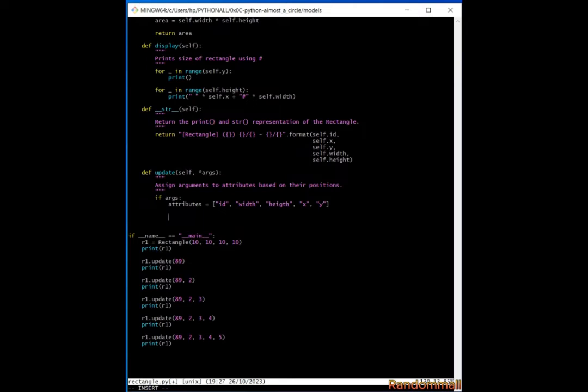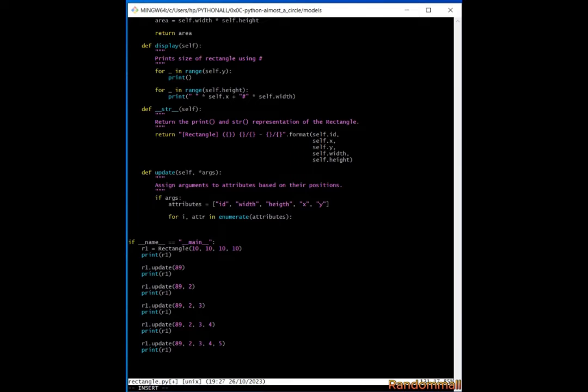So we are going to loop through the attributes and assign them values from the arguments. So we say for i and attribute in enumerate. So we use this enumerate instead of the range method, and we pass in attributes. So this enumerate is going to